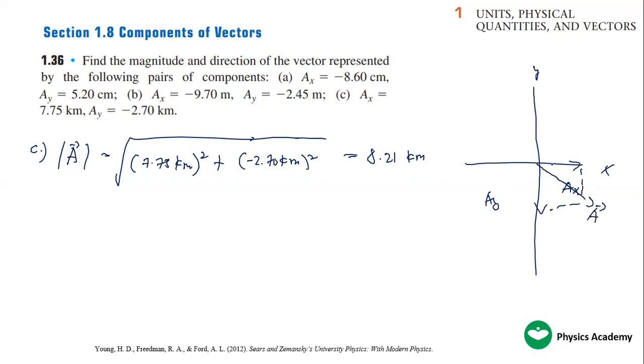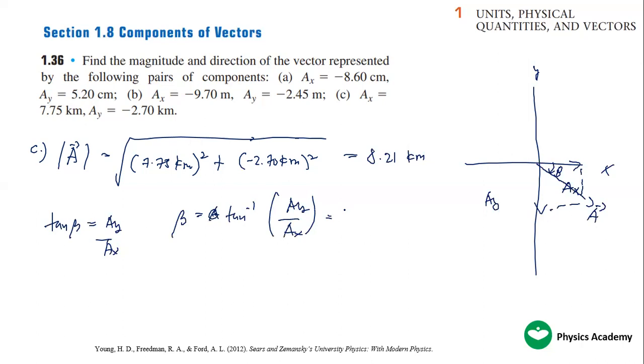If you want to find this angle here, beta, the tangent of beta is equal to the opposite AY over AX. So beta is equal to tangent to the negative 1 of AY over AX,